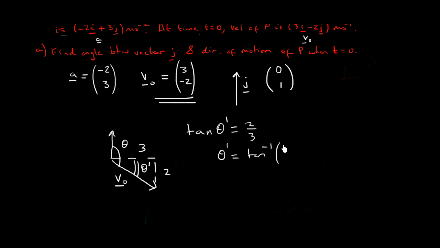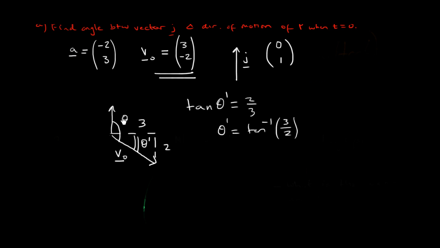Draw a nicer 3, and since the angle that I'm interested in is 90 plus that, then I can write it like this. The theta that I'm interested in is theta dash, which is tan to the minus 1 of 3 over 2 plus 90 degrees. If I do this in the calculator, it comes out to be 146.3,